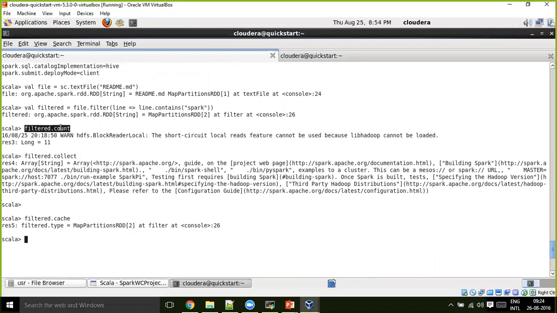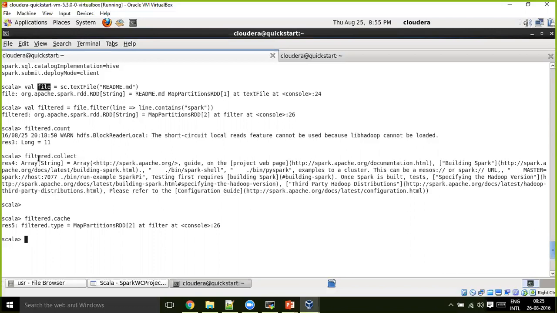If you run this action, it will start from the beginning. I understood that. The file will get loaded, filter will get loaded, and then count will be calculated. And then if you perform the next action, it will not take the result from this filter. It will start from the beginning. Yeah, I agree.